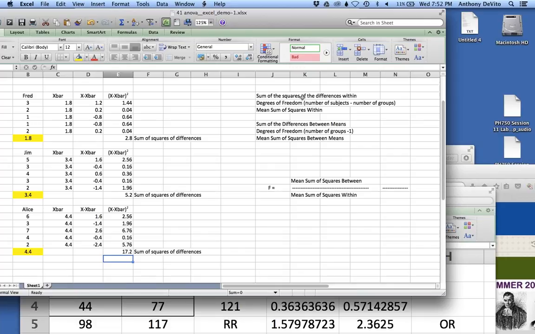Okay, so now the sums of the squares of the differences within each one of these groups. What was that number? That number came out to be, let's see, the sums of squares of the differences within each group. That's equal to this plus this plus this. Okay, that's the sums of the squared differences within each of the groups. The degrees of freedom, that's